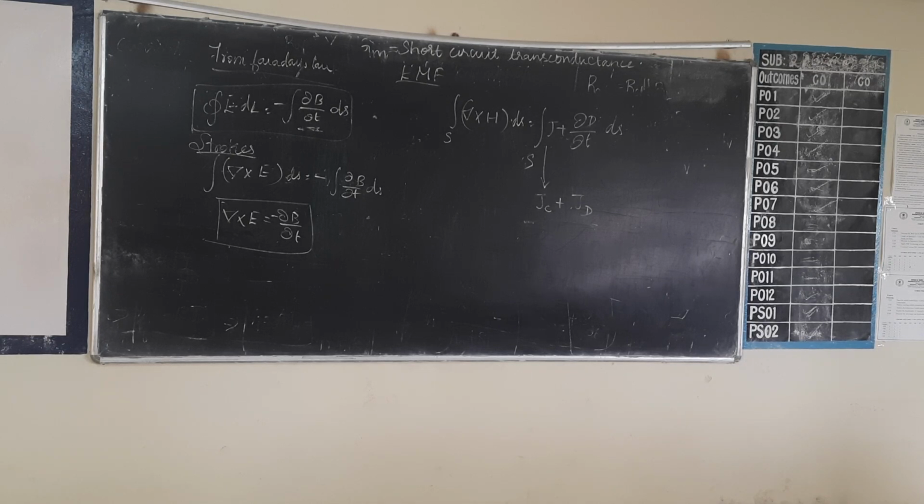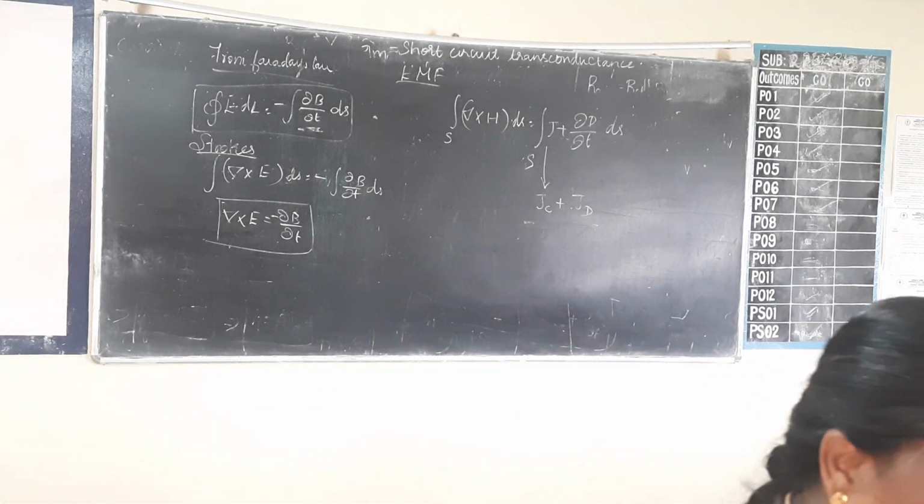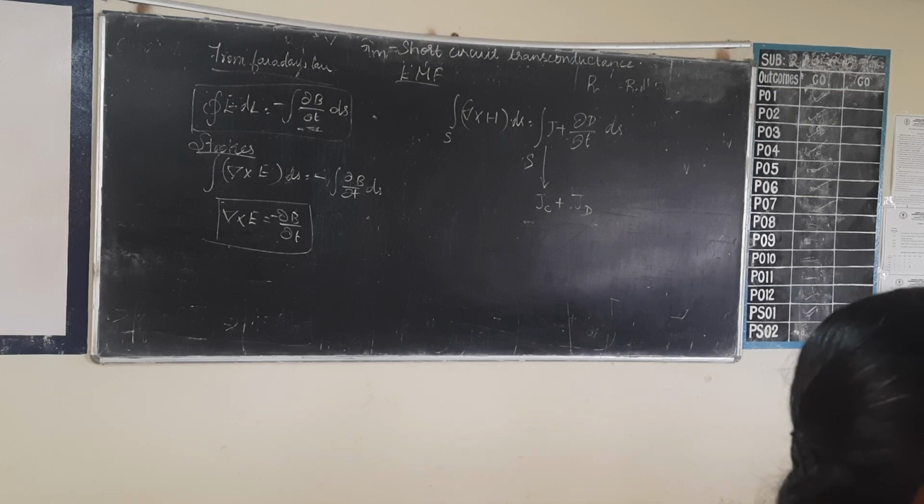Del dot B is equal to 0. Okay. Now we'll go for a problem. If capital D is equal to